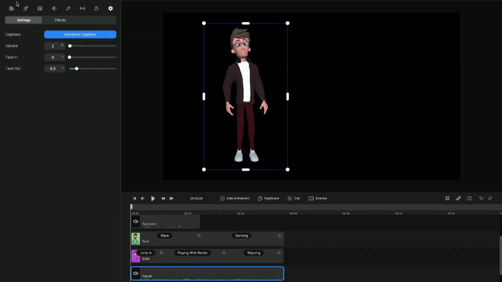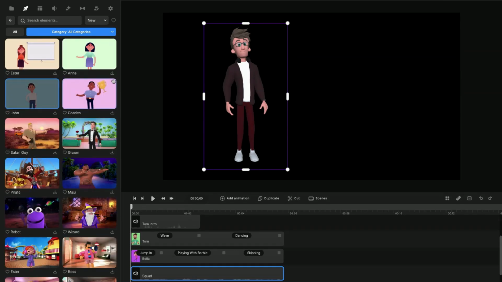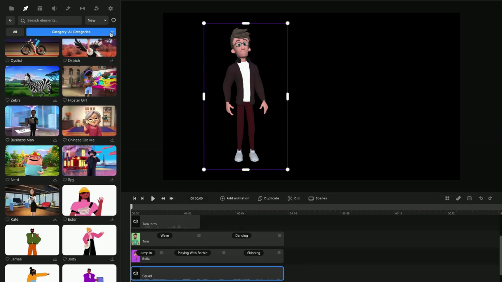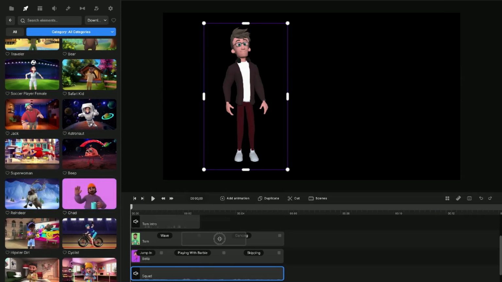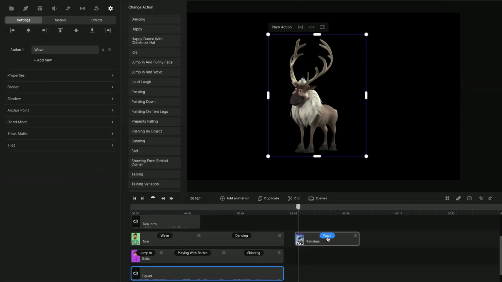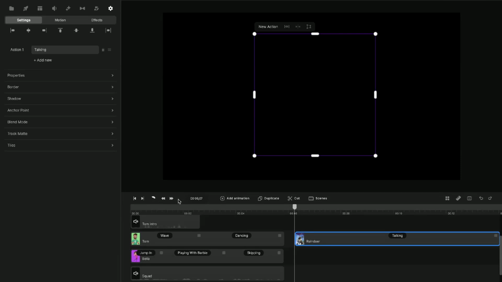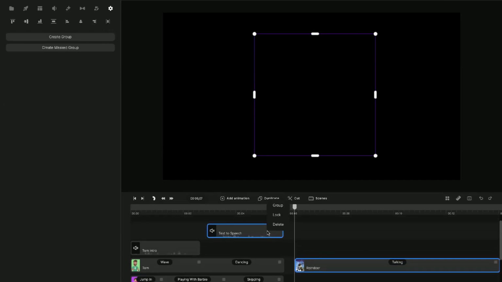One thing that I can go over with you is if you go to Studio and you go to Characters, let's see, I'll do download it again just to make it easier. If I were to try and get this reindeer to talk, let's say, I'll click on wave, and he has a talking motion, right? So him talking, it's going to have his mouth moving, but one thing that you'll see is if I were to right click on this,